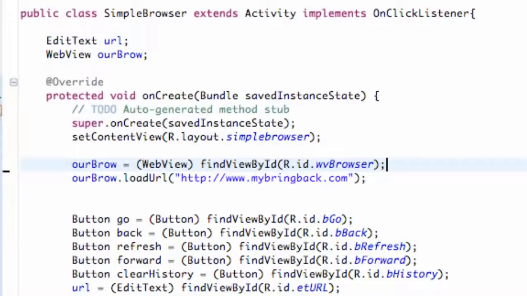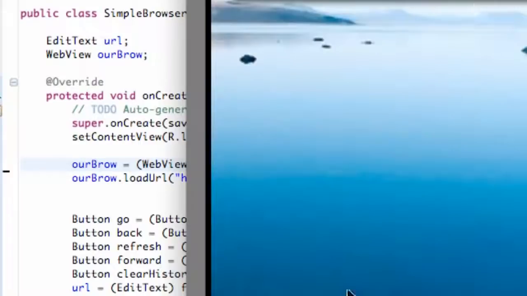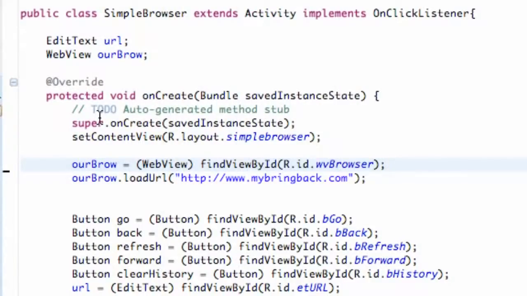And what we're going to do in this tutorial is get rid of that error I showed you in the last tutorial. Or not necessarily an error, but every time we use our browser and we click a link, it's going to open up a new intent. It uses the intent to open up some kind of a browser instead of using our WebView like we'd like. And what we need to do is override that intent that's happening. And how we're going to set that up is by setting up a